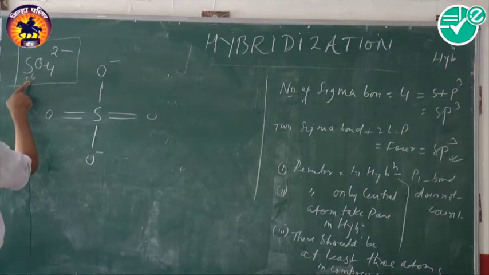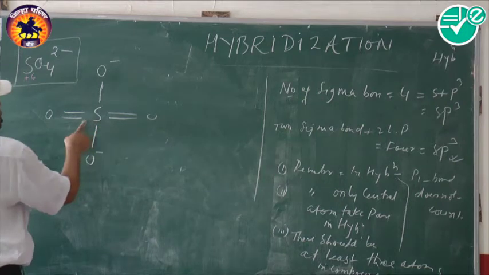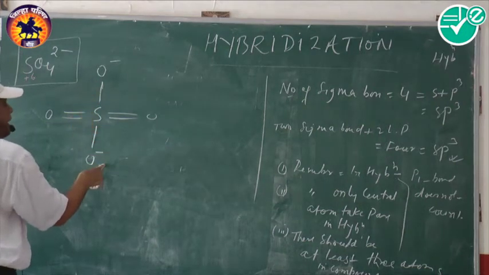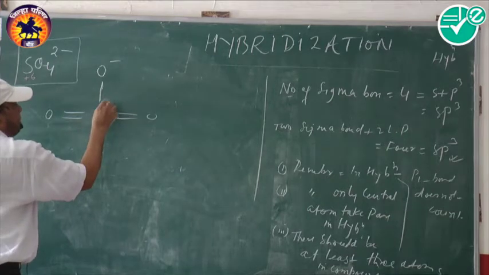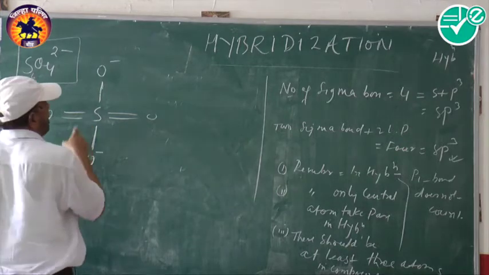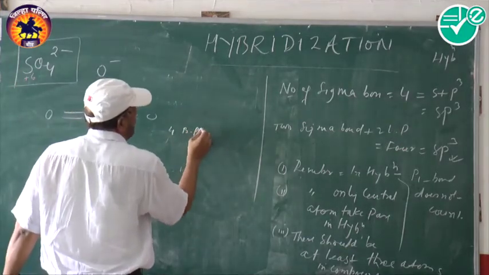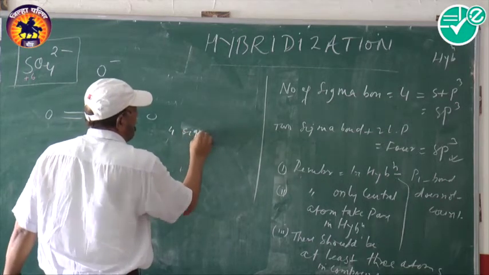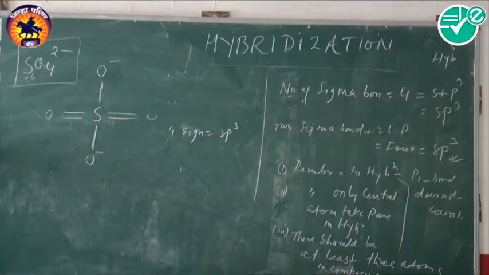See, this is your structure of sulfate ion. Here the oxidation number of sulfur is 6. Therefore, it has 6 bonds. 2, 4, 5 and 6. Okay. And only 1 bond, hence negative. In this central atom, there is 1 sigma, 2 sigma, 4 sigma. Okay. 1, 2, 3 and 4 sigma. 4 bond pairs. Sigma 4. Hence sp3.